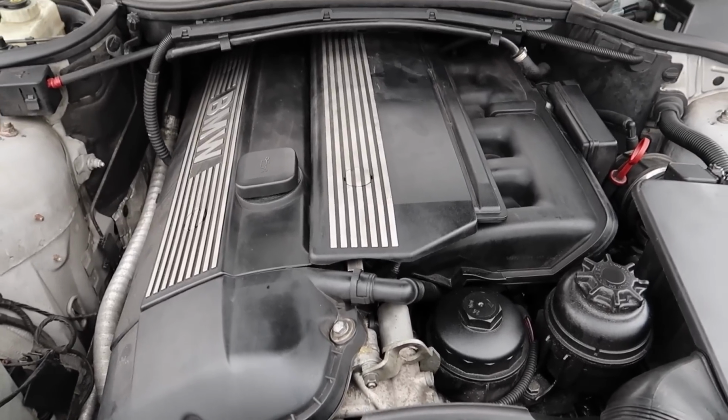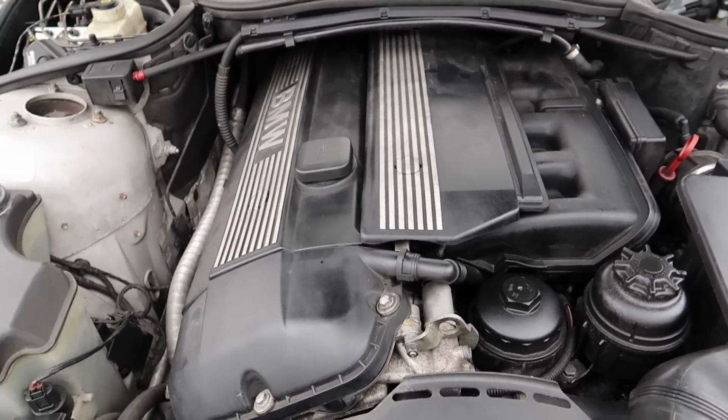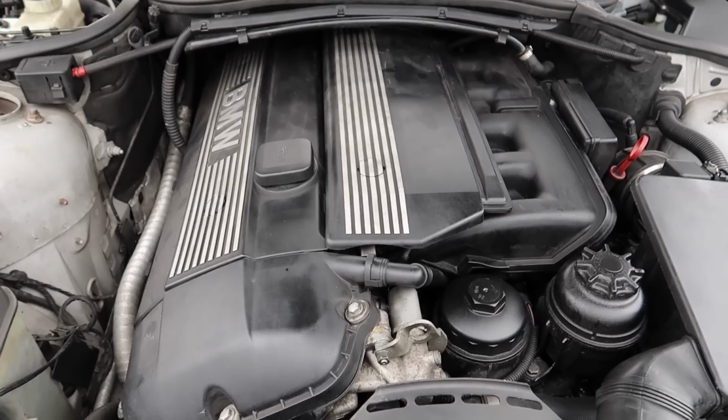But it is worth the reward after you've done it, and especially the driving. Like I say, the Vanos seals do wear down over time on the M54 engine, but if you do replace it, you'll feel the power there again. With the newer seals, like I said, you can buy them from XAR, and you can get the new seals